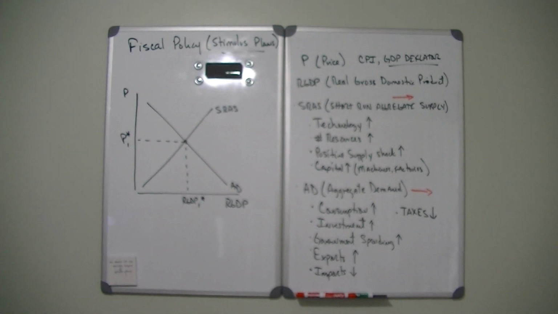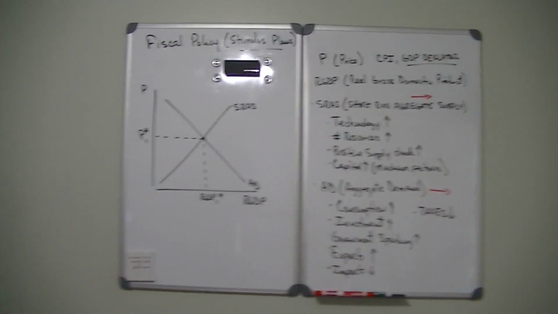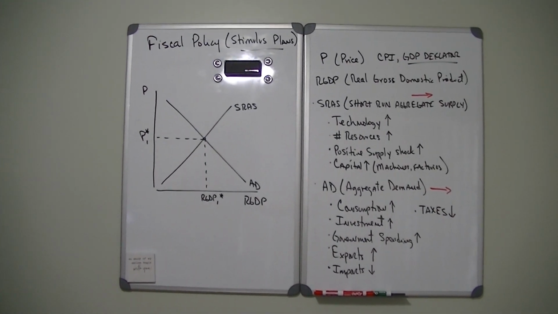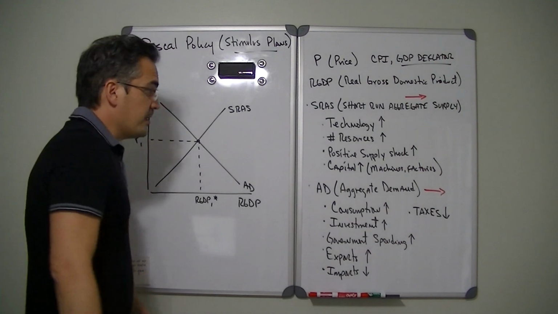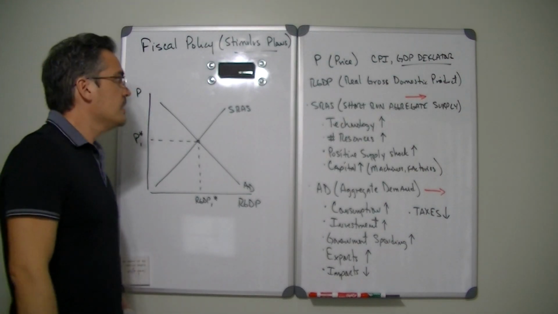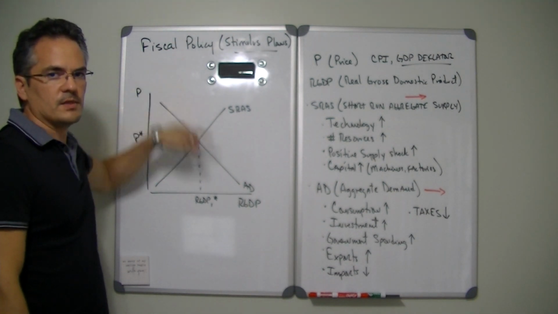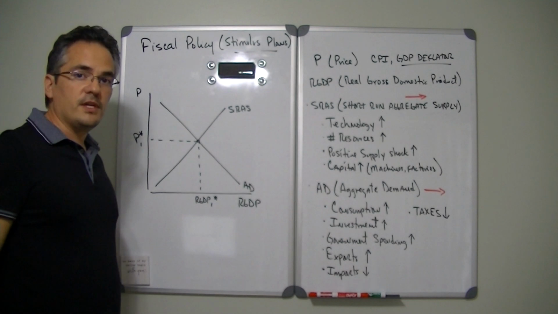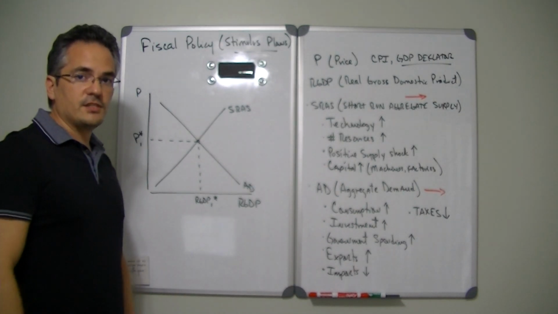We're here today to talk about something called the aggregate supply, aggregate demand model, as you can see there. Now today we're going to cover only the basics, and this might not be 100% correct because I'm trying to cover it in a short video, but these are the basics of the aggregate supply, aggregate demand model, and how exactly fiscal policy stimulates the economy. In other words, when the government creates something called a stimulus plan, how exactly does a stimulus plan generate economic